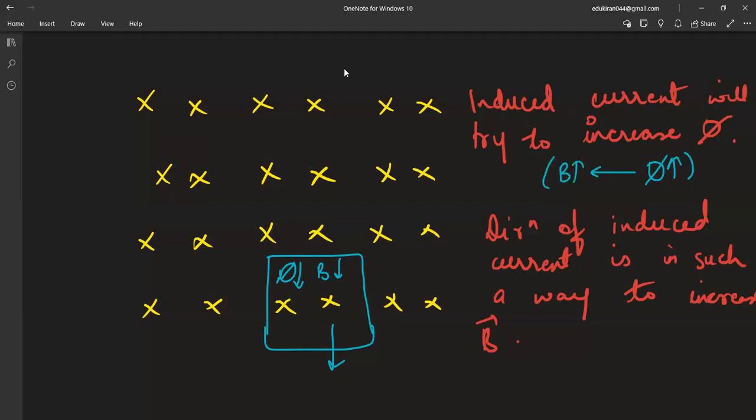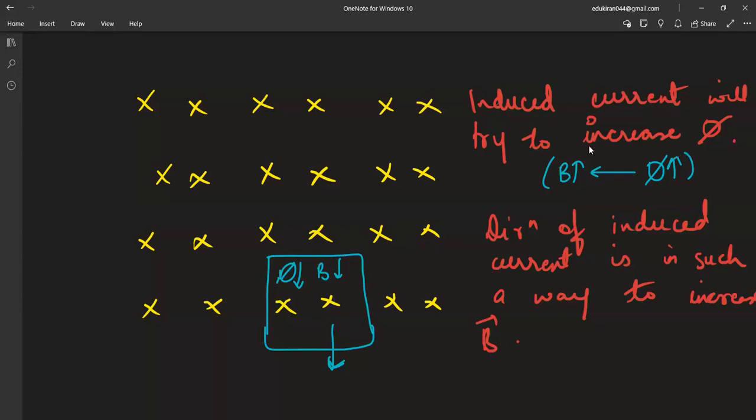Just tell me, class, one thing. I'm repeating. See, this is a loop. This is moving outwards. Earlier, this was within this, so many field lines were included within the loop. Now, when this loop is moving away, what will happen? Flux will decrease, because magnetic field lines are decreased. If something is present within here, lots of magnetic field lines are present, lots of magnetic flux is produced. When this is moving away from it, magnetic field is also decreasing, and hence the flux will also decrease,